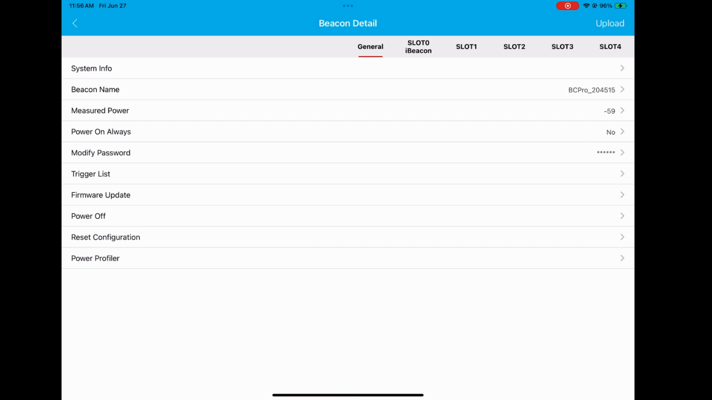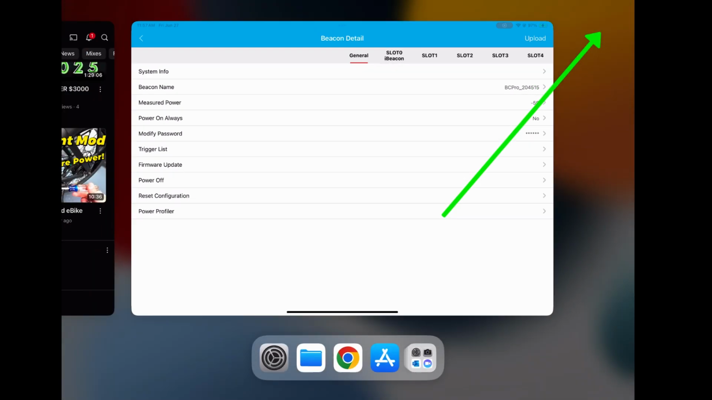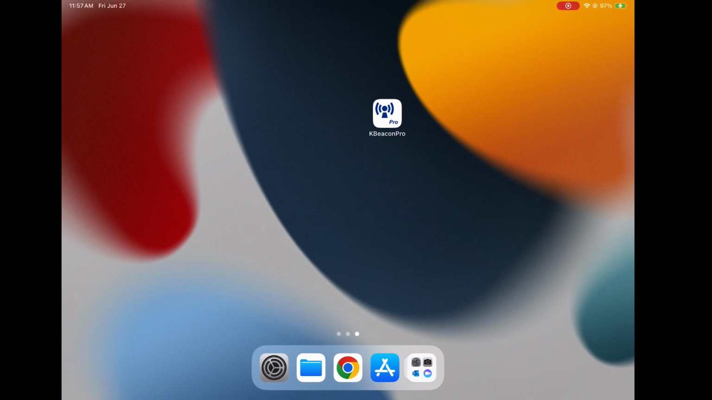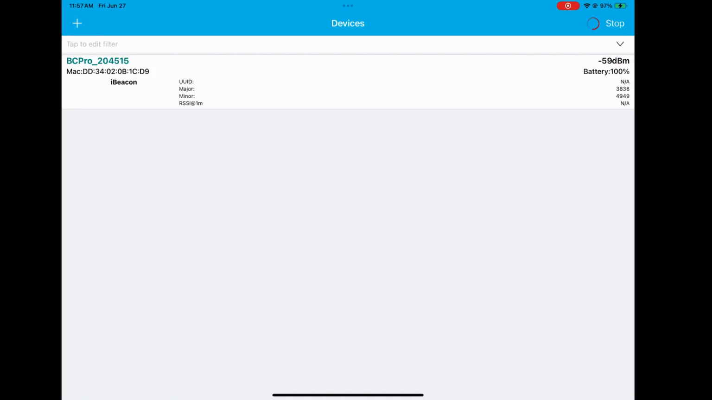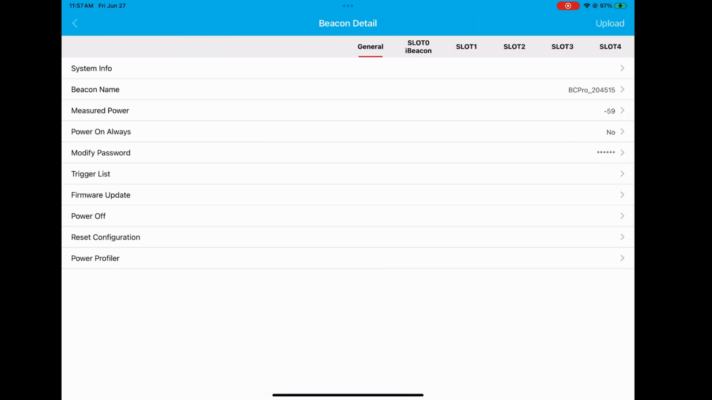Okay, so we're connected to the beacon, and you see upload in the right top corner. You only use that button if you make changes. You see on the left side the arrow. Right now I'm connected to the beacon. If I close the app like this, I'm still connected to that beacon, and the beacon will not broadcast. So I'm going to go back in,